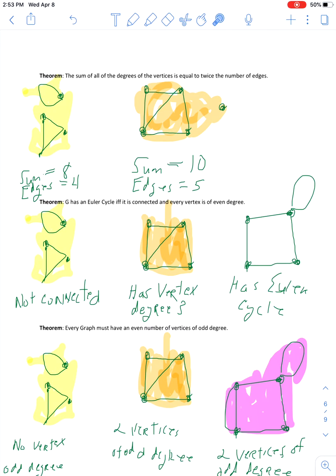Now, if you would like to see the Euler cycle, let's start here. I go from here to here to here to here to here and back. I have covered every vertex and